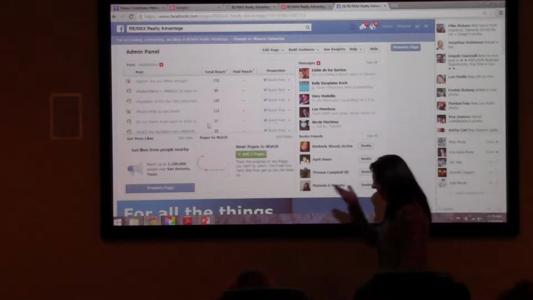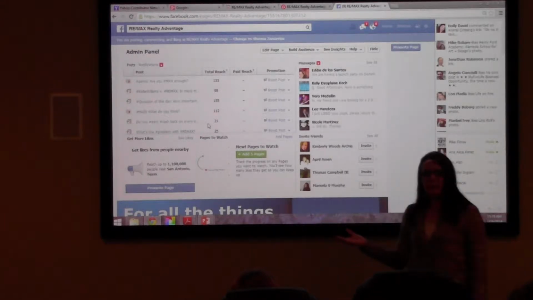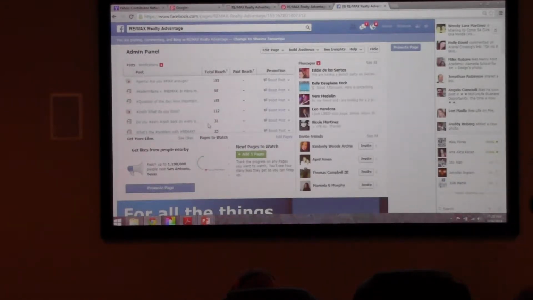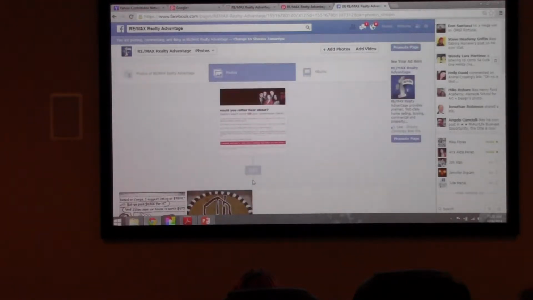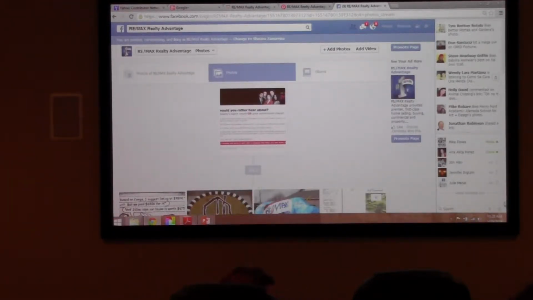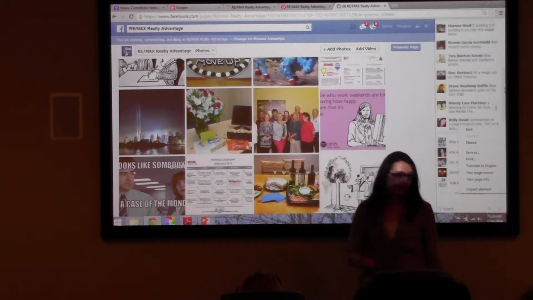Was anybody in here victim to that email scam where somebody was stuck in the Philippines and needed like $2,500? Okay. I'm going to show you what I did with that. What I have done is taken different photos, and I'll celebrate agent successes, like when one of our agents graduated GRI, I put that on there. Different birthdays, things like that. We do have an event in our office called Wine Wednesday, where at 4 o'clock on certain Wednesdays we will all sit around and drink wine.